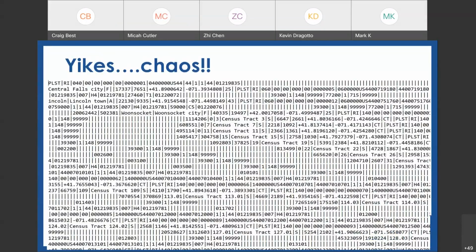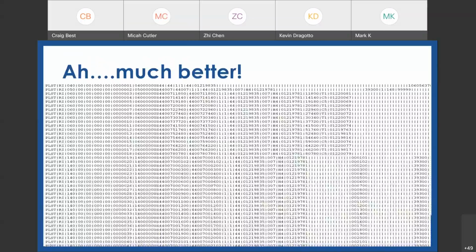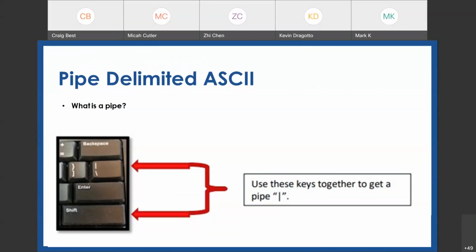And if you start processing the pipes to delimit the data and look at it in a little bit more manageable format, it starts to make a little more sense, looks a little bit more like data. So this is an ASCII pipe delimited file. And if you didn't know how to get to the pipe button, you hit the shift and the bar button there right above the enter. And that's important when we get to the point where we import the data. So knowing where the pipe button is. Hopefully this is something you've done before, but if not, don't be scared. We'll get through it.